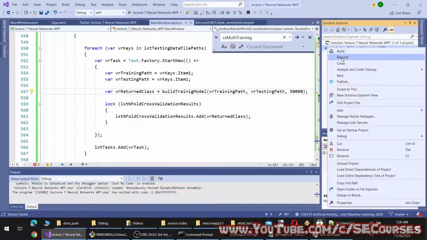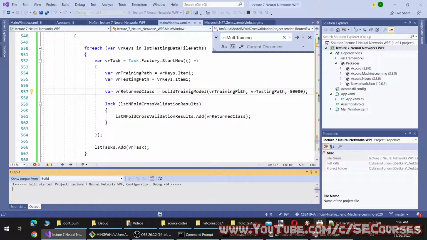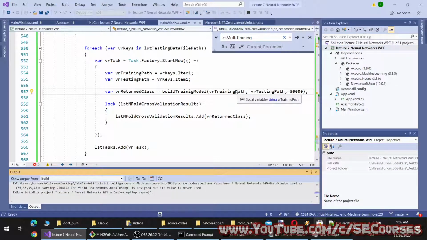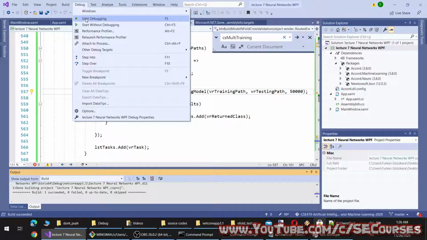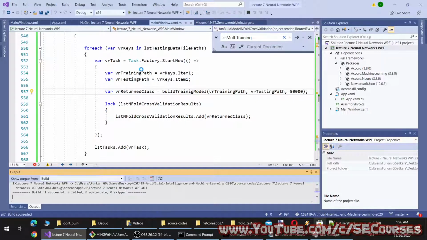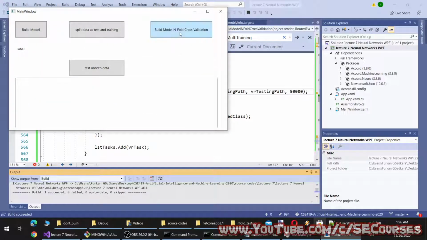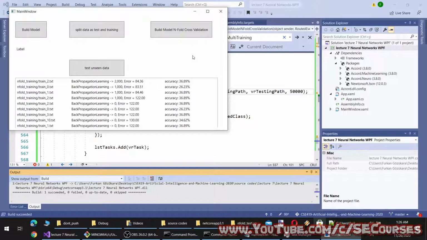Let's view the solution. Okay, and let's start without debugging so it will run faster. Now we just need to wait until they reach 50,000 iterations.